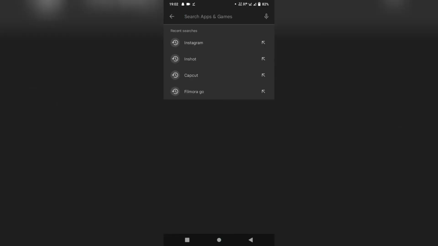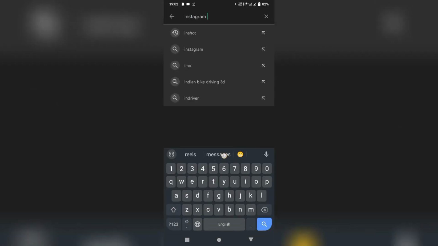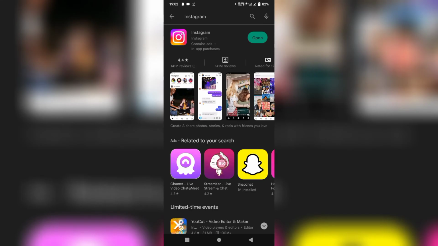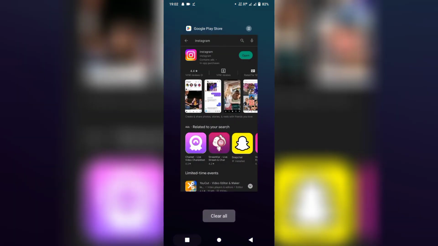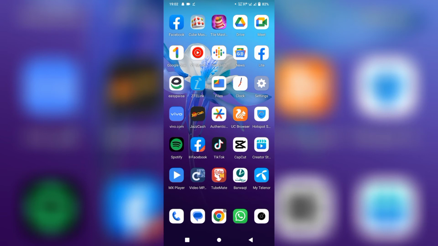and search here Instagram and make sure that your Instagram app is updated. So if not updated, you need to update it. So after doing update, go back and open your settings again